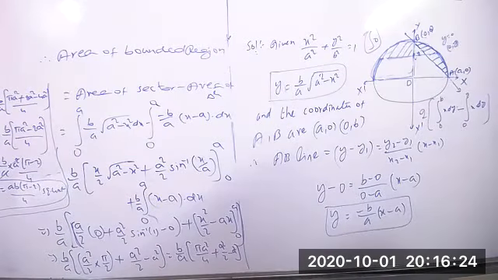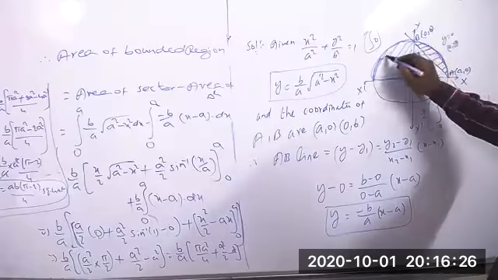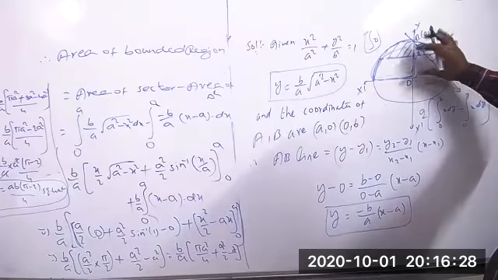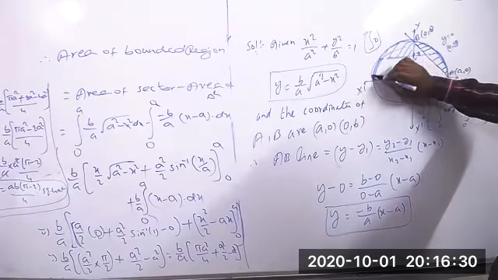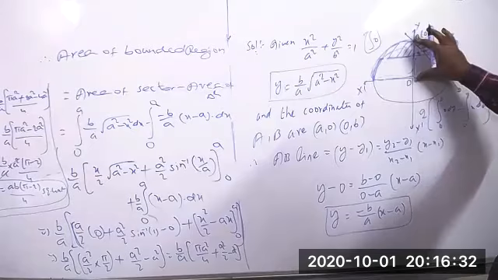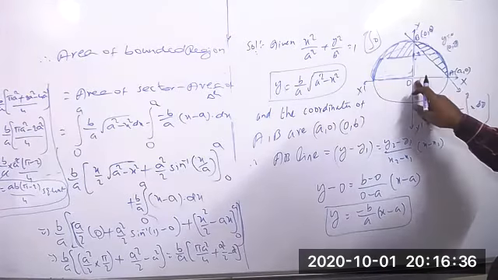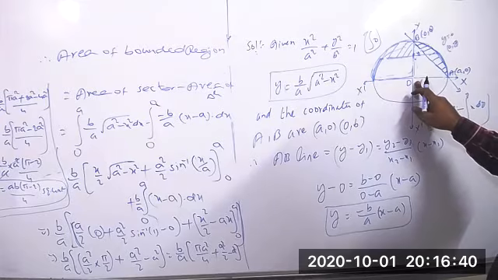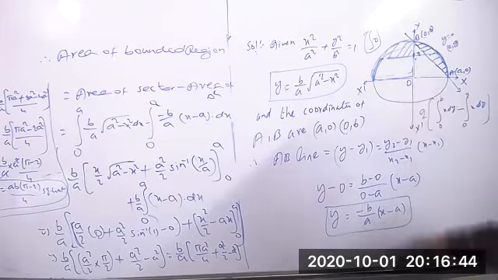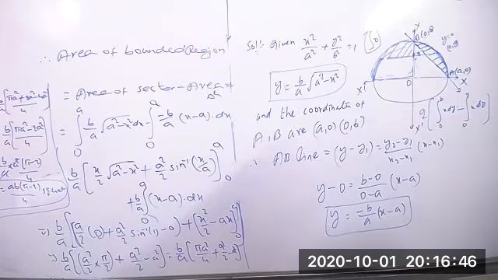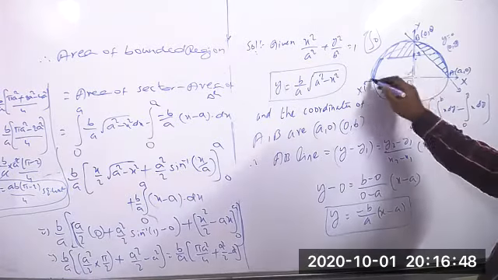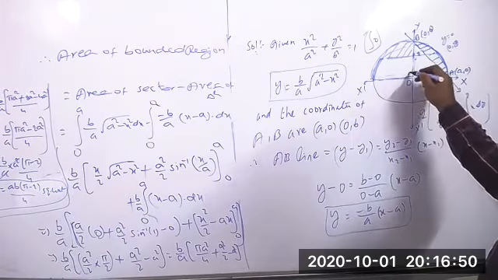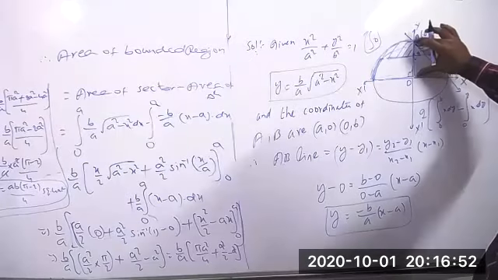Understood, Anirudh? Yes, sir. We require this area from the whole thing, based on this ellipse equation. Sir, can't we integrate y dx and take limits on the x-axis? But what will be our limits on the x-axis? It's not possible. Suppose we are taking from here to here; that is not possible. So compulsorily we have to take here only.